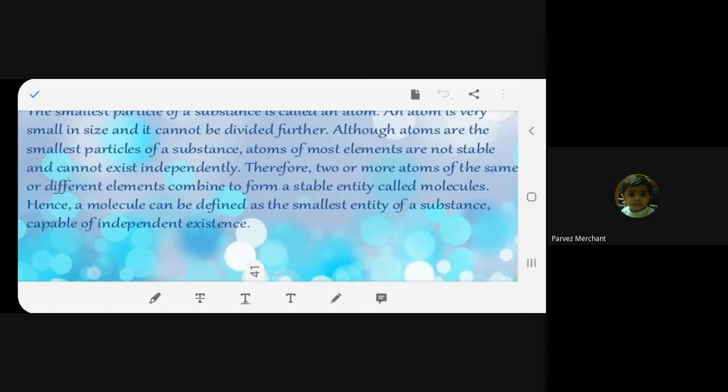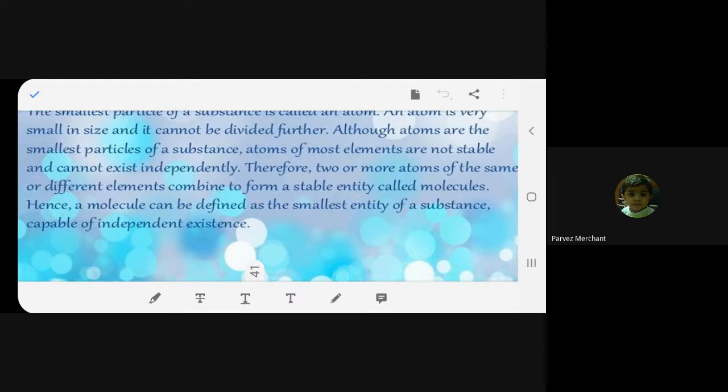Okay. So what is the molecule then? Molecule is again, remember that atom was smallest, but that was unstable. The molecule is stable. This is the only difference. This is also a small particle, beta. By joining of two atoms or three atoms or more atoms, it becomes a molecule. But even a molecule you cannot see. That is also microscopic. So we can say substance is made of molecules, molecules are made of atoms. Is it clear? Yes, ma'am. Yes, that's so.